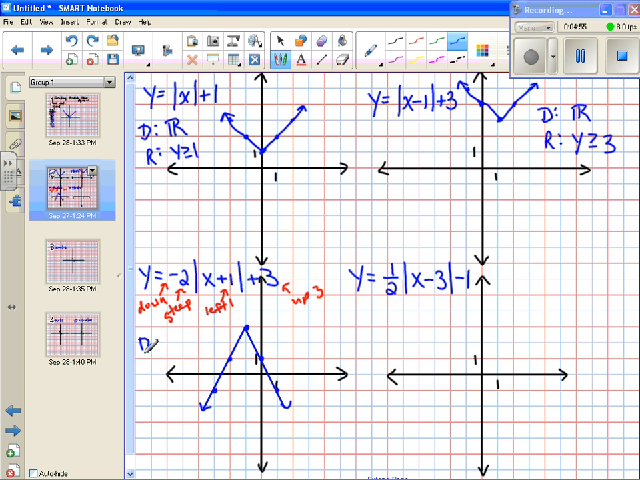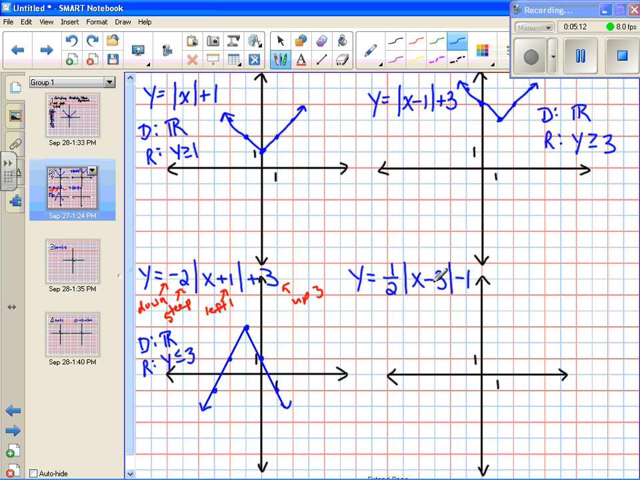The domain, still all real numbers. The range, this time it's pointing down. The highest it can be is 3, so y is less than or equal to 3. For the next one,